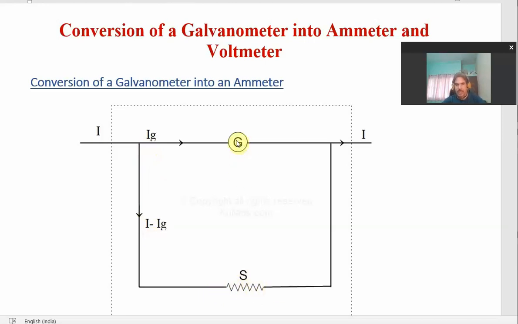A resistance connected in parallel to some device is called a shunt resistance. The name given to this resistance is shunt resistance. So it is shunting this excess amount of current, bypassing it around the galvanometer. On the other end, the net current remains I. So for this maximum value of current I, the galvanometer takes the maximum current equal to Ig. The remaining current just passes through the shunt resistance, and for this maximum current, the galvanometer gives the full scale deflection, which indicates the maximum value of current, which is equal to I.